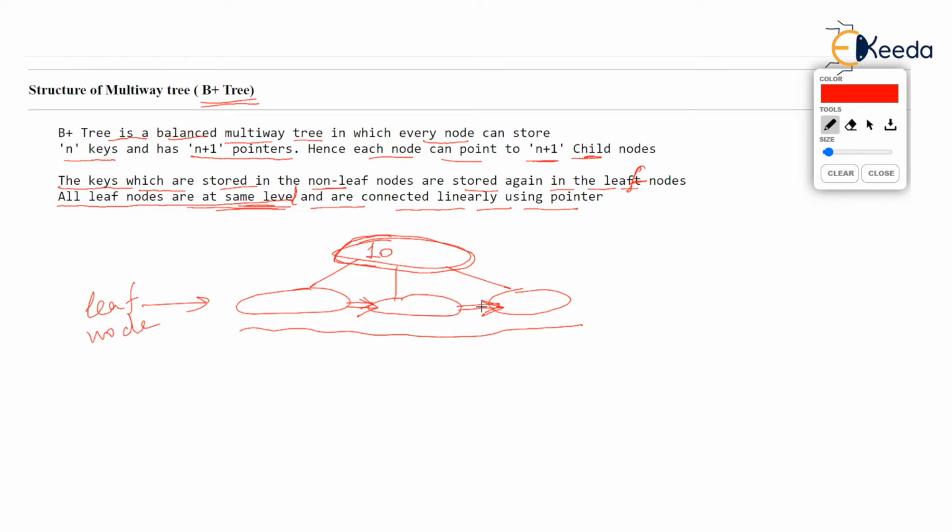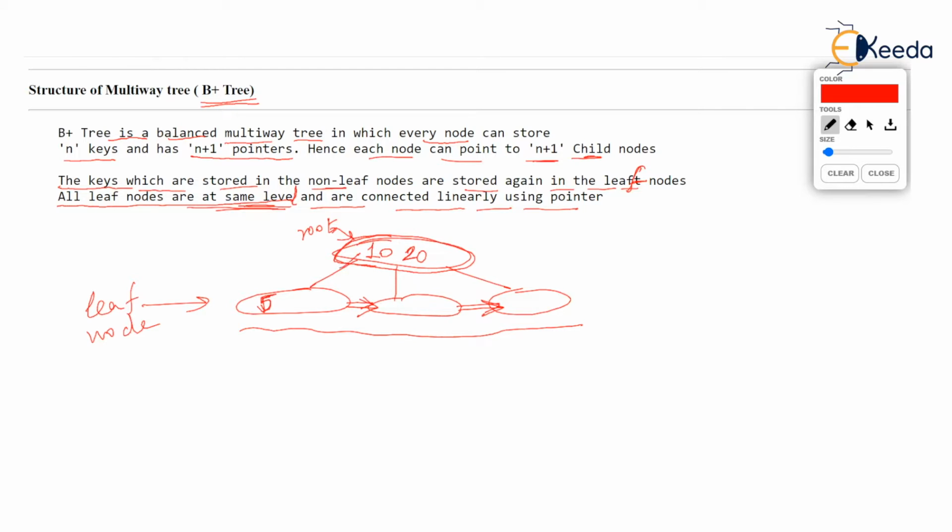Or let's say this root node is having 20. One node can store multiple keys. Suppose the root node, which is a non-leaf node, is having a value 20. Then 20 will be stored again in one of the leaf nodes. But suppose we have a value like, let's say 100. We can't have 100, I'm so sorry, 5. The value over here will be less than 10, isn't it?